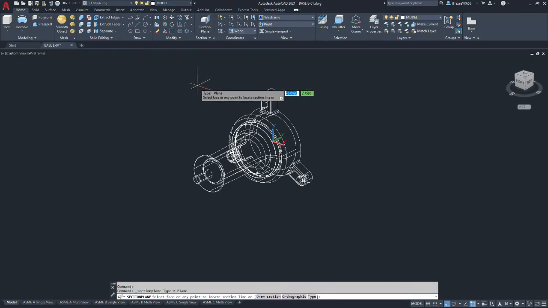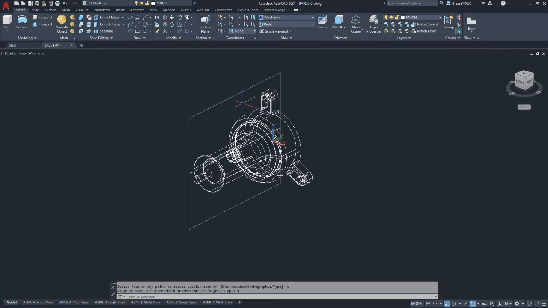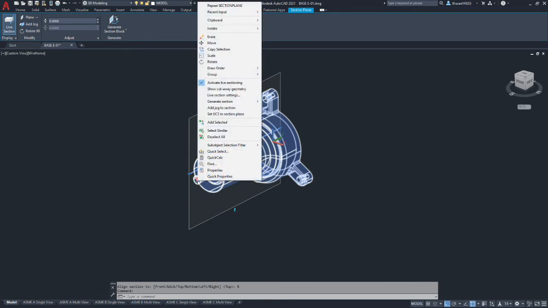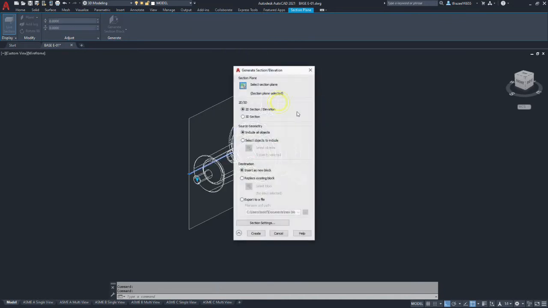We're going to use orthographic. We're going to take O, and we're going to do the right side view. We're going to select our plane so the control grips appear. We're going to right click on the downward pointing control grip, and we're going to go to generate section, 2D by block.